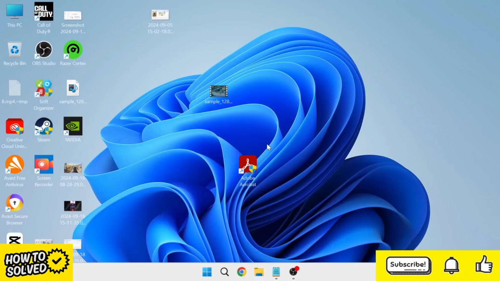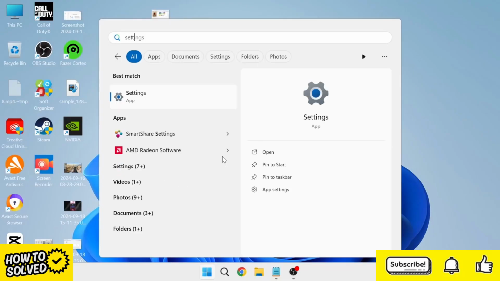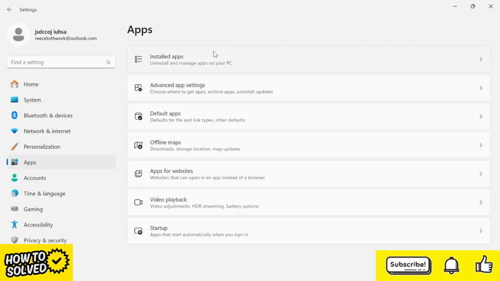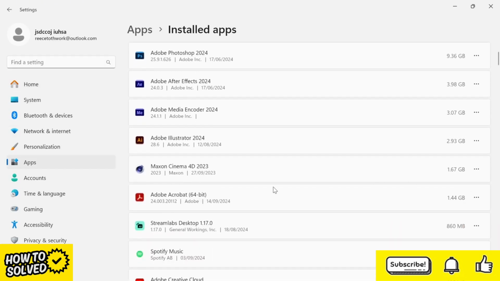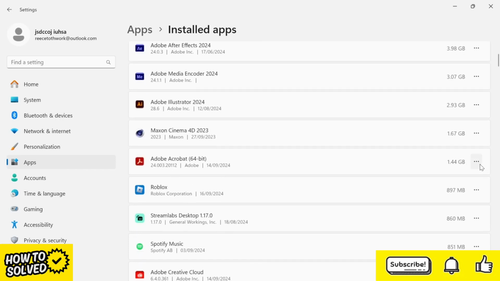Now if you still can't launch up the application, what you'll need to do is head over to your start menu, search for settings and click on the settings window. From the left, come over to apps, click on installed apps and you need to locate the Adobe Acrobat application. Now you can either just scroll down and search for it here, or you can just use the search feature at the top. Once you found Adobe Acrobat, come over to the three horizontal dots, click on modify, give that